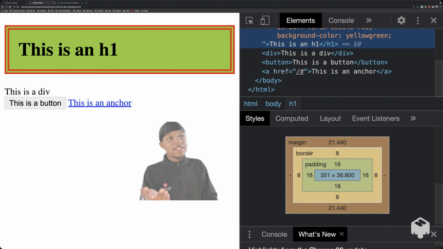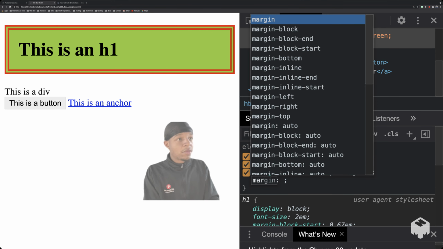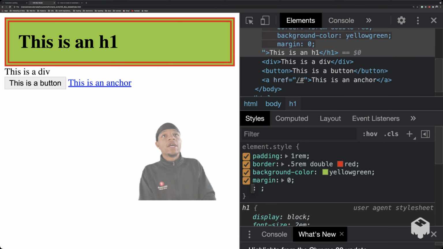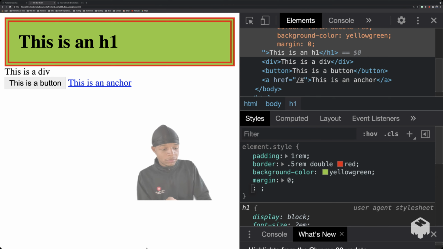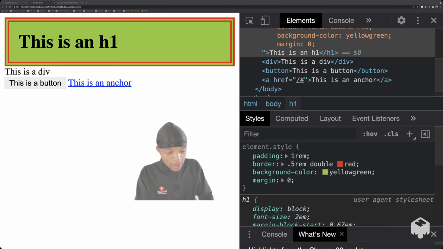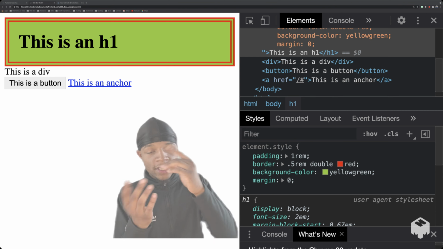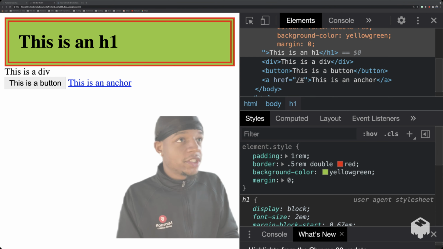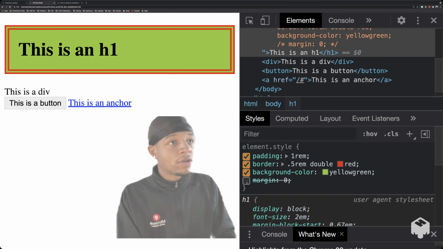If we take the margin off, it's not supposed to have margin. So I can set a margin of 0. Let's actually set margin 0. And what you'll see is all the elements come right up, right underneath that H1. There's no longer any room in between, and that's on purpose, because that's exactly what the margin does, it pushes elements away from each other. And the H1 naturally has that much margin on it,